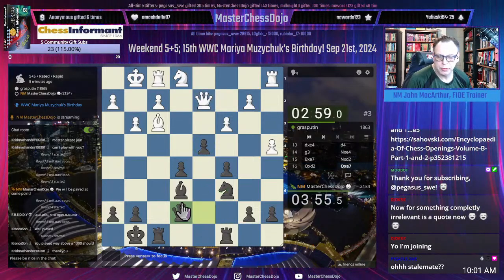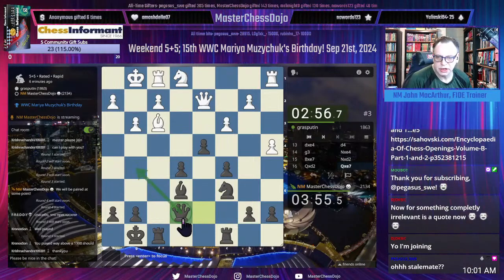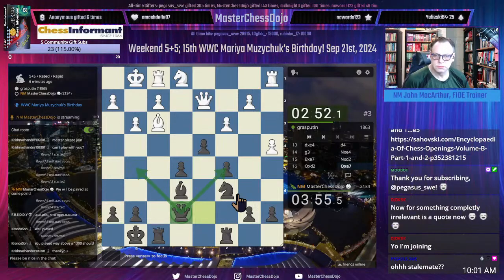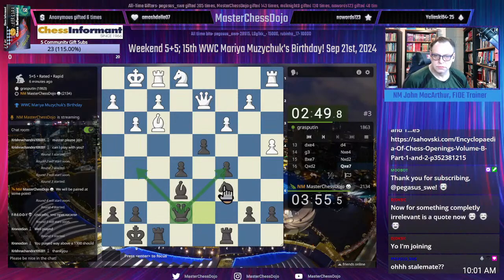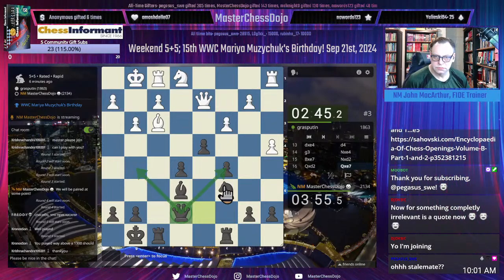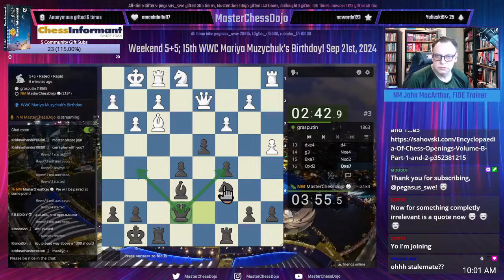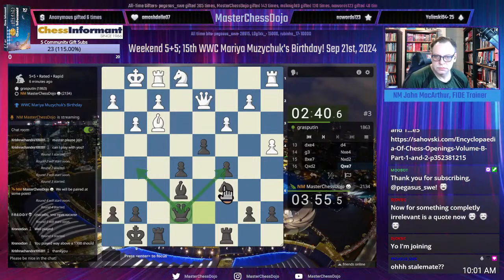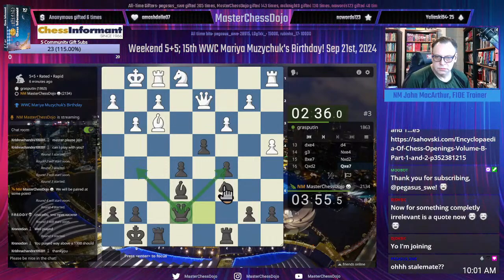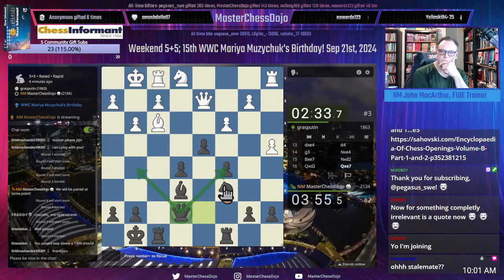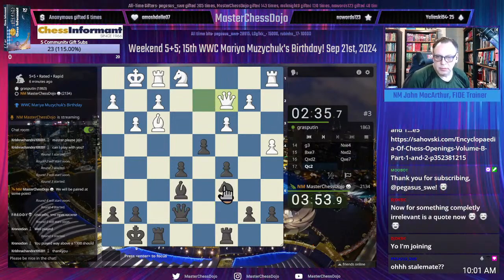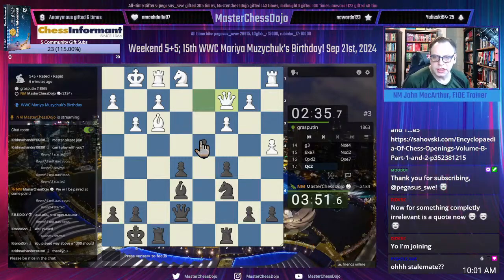No. I want to replace my dark squared bishop with my queen covering the diagonals. So we did manage to usurp a pawn out of the deal with a really terrible move. Played way above a 1300 should.